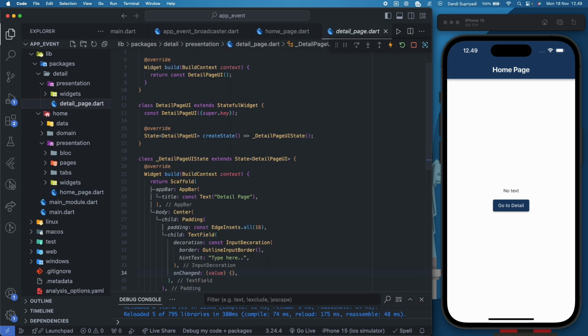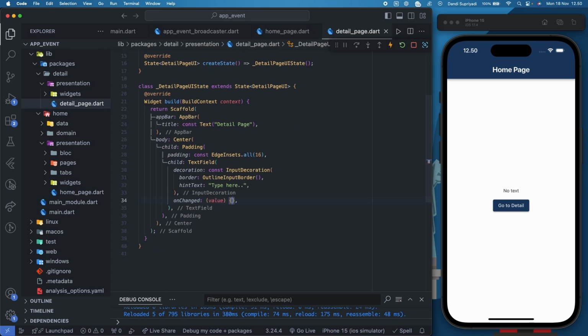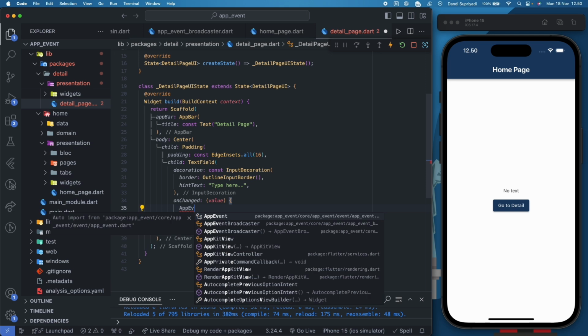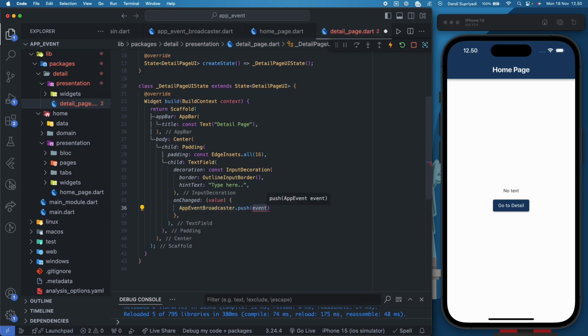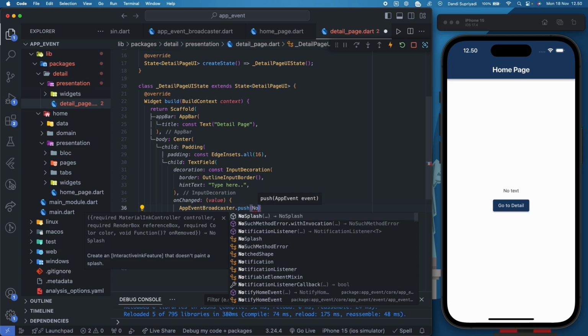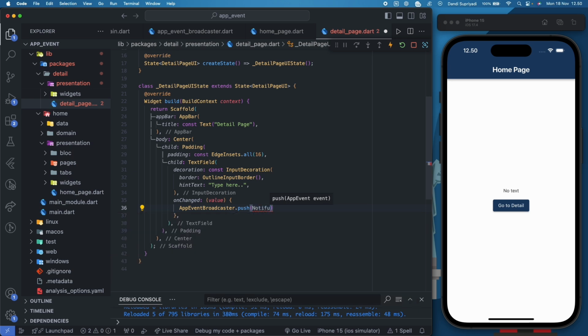And on the detail page where we want to notify the home page, we could just do this: app event broadcaster dot push. What we're going to push is notify home event with the data from the text field, and that's it.